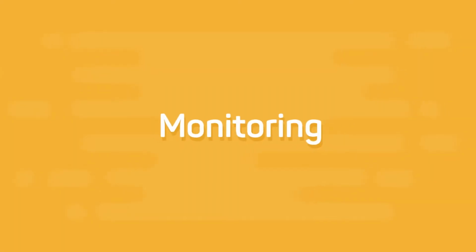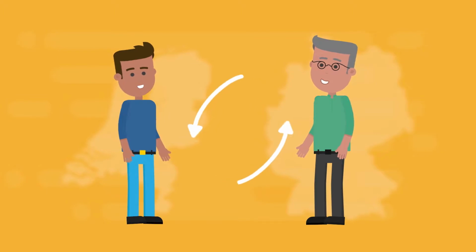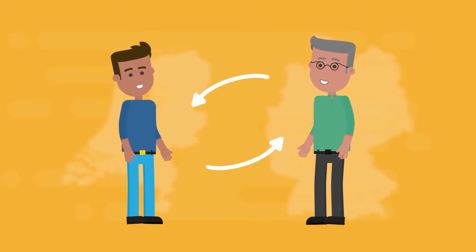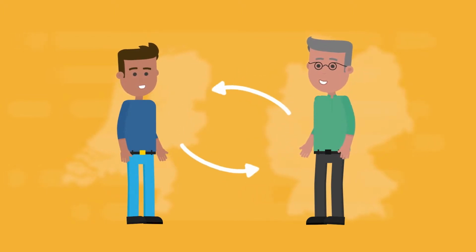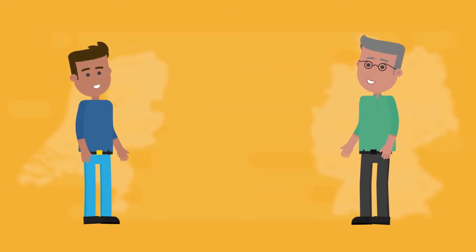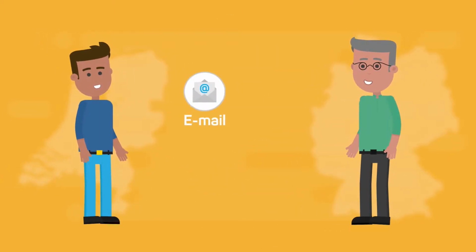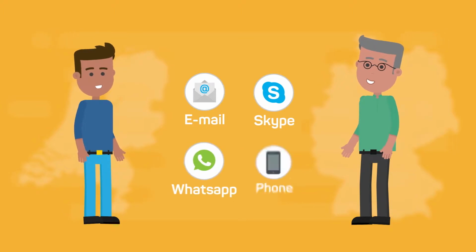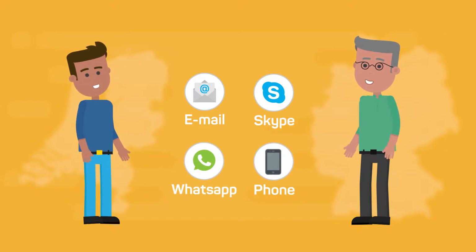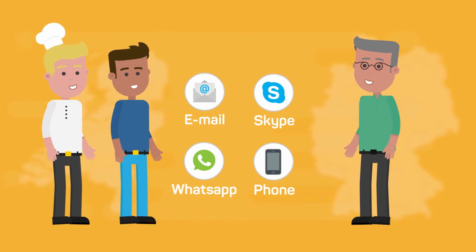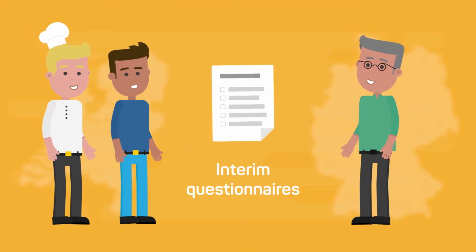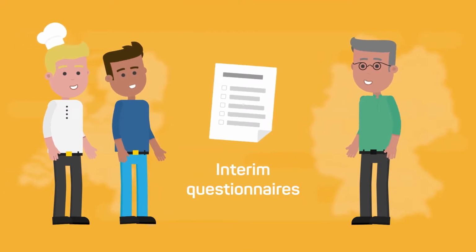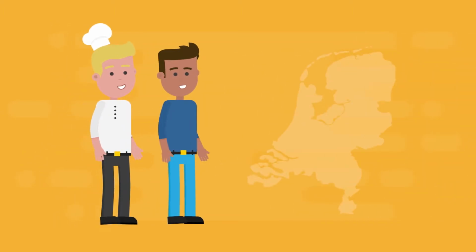Monitoring. There are many different ways to monitor beneficiaries during their stay abroad. The mobility coordinator of the sending organisation can stay in contact with the beneficiaries through emails, Skype, WhatsApp or phone. The same channels can also be used to stay in touch with the company tutor. There is also the possibility to send interim questionnaires to all parties involved in order to monitor the achievements of